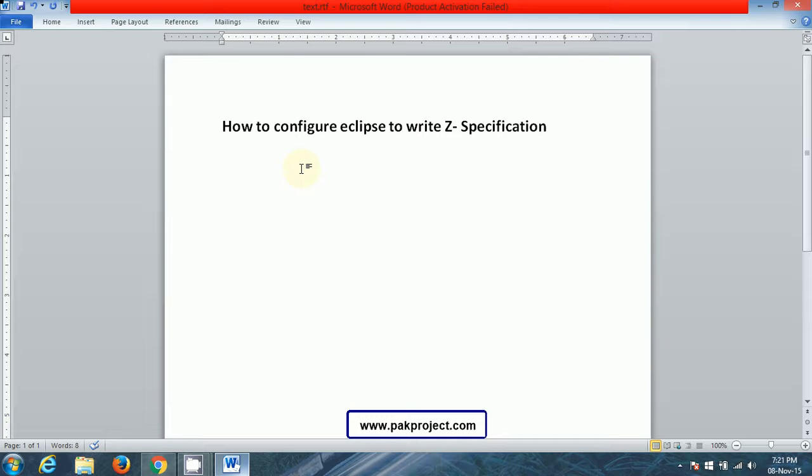In this tutorial we will learn how to configure Eclipse to write Z specification. To configure Eclipse so that we can write Z specification and Z schemas, we need to perform the following steps. The first step is to install